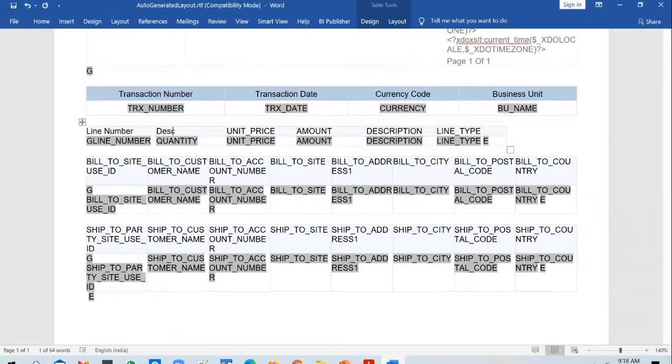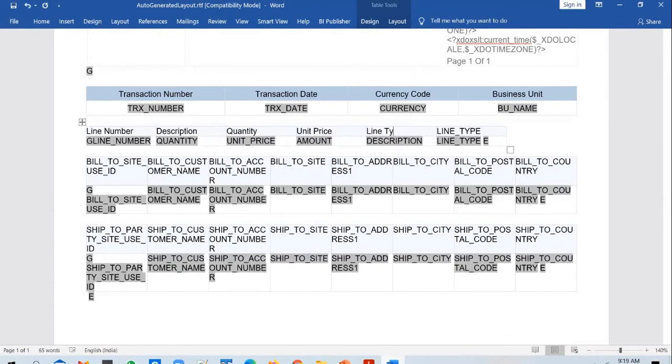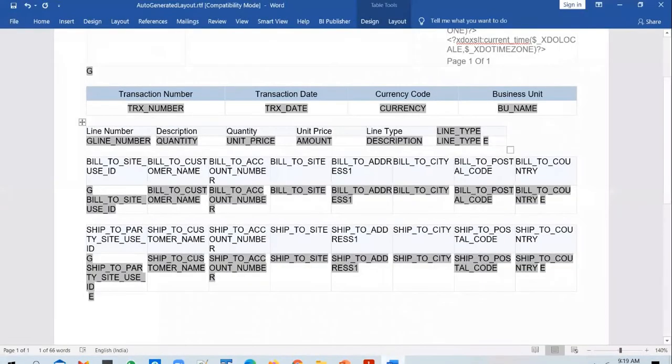What you need to print is a line number followed by description, quantity, unit price, line type, and amount, right? And rearrange the columns as appropriate.